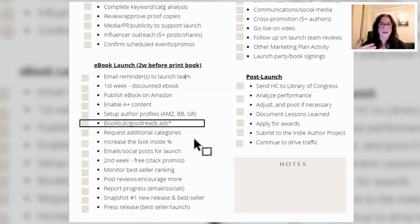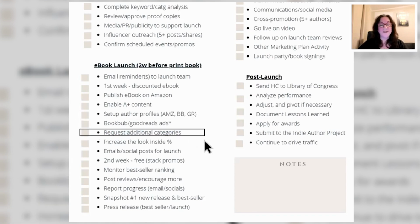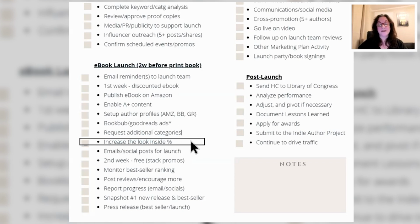So by doing that and getting those running, that moves us to additional categories. By then, you will have already found the categories. You'll be ready to enable the additional categories. So that takes just opening a ticket. The same place you go to create additional categories, you can also open a ticket and ask them to increase